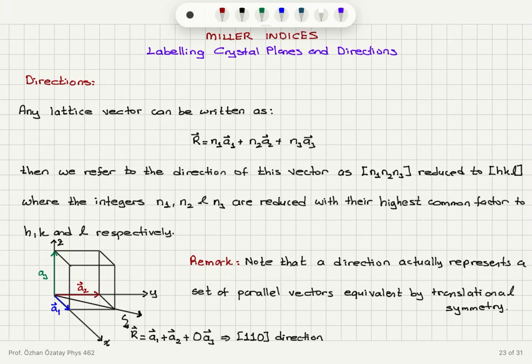Now we will talk about how to label crystal planes and directions. First, I'm going to demonstrate it for a cubic crystal, then we will talk about a hexagonal lattice structure. So as for the directions, we have a lattice vector, any lattice vector that takes us from one lattice point